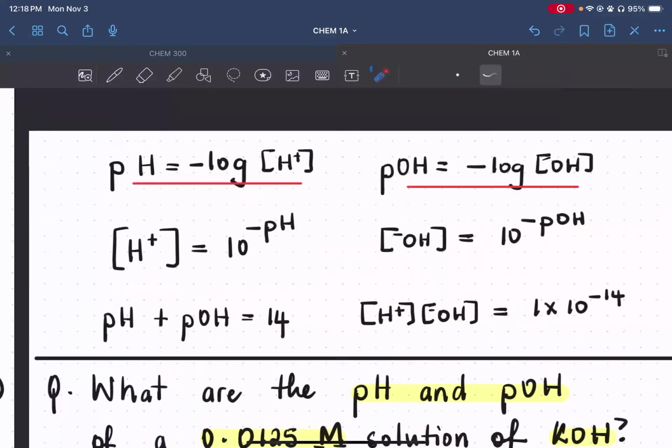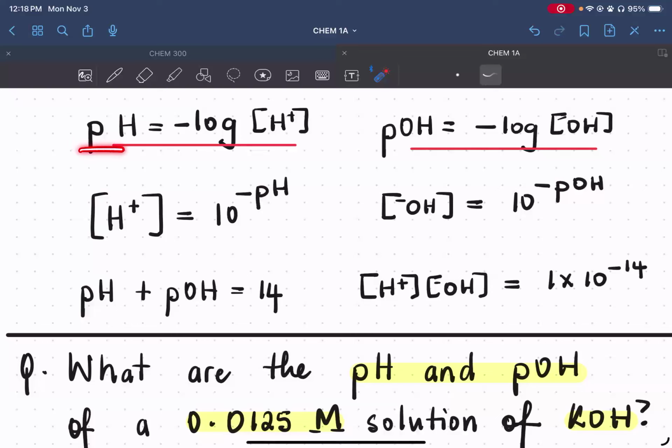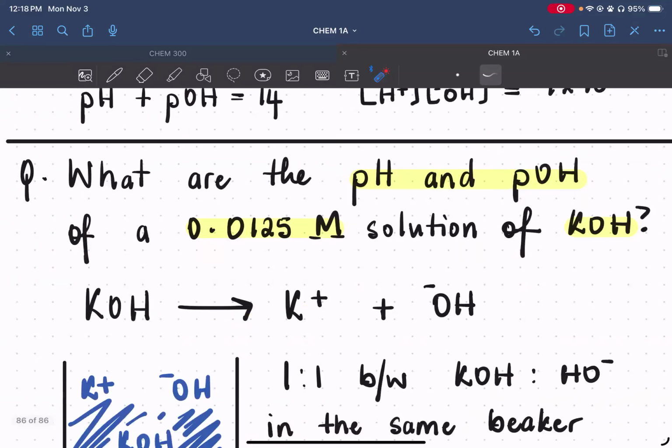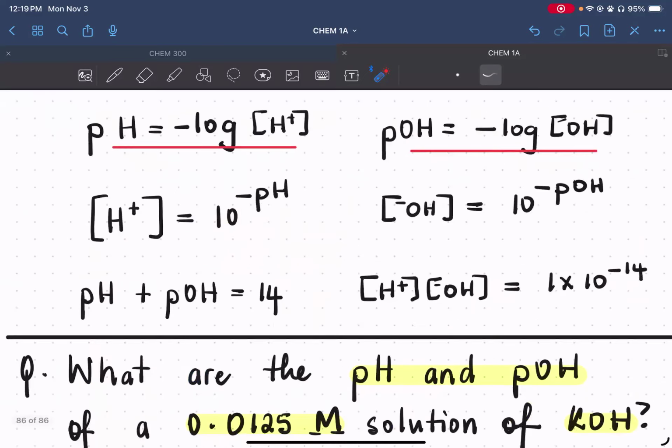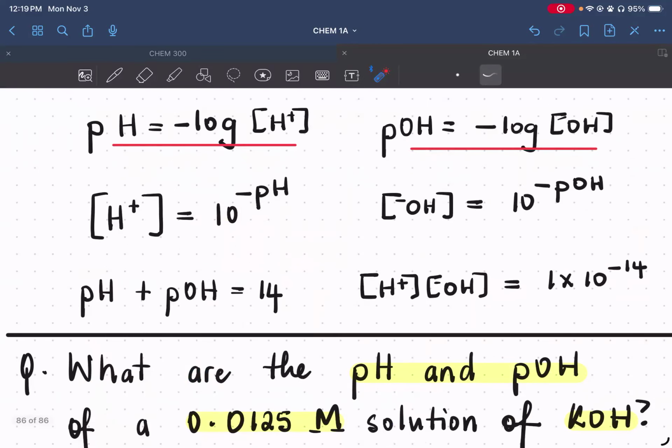So you go back to your 6 formulas and you say, all right, to calculate pH, I need the negative log of H plus. So in theory, it should be the exact same process. But as you look back at your equation, the first thing you should immediately notice is that there is no explicit H plus. So that formula doesn't quite work. In fact, the only other formula we can use is this one down here that says pH plus POH is equal to 14. We know that the sum of the two values must add up to 14,